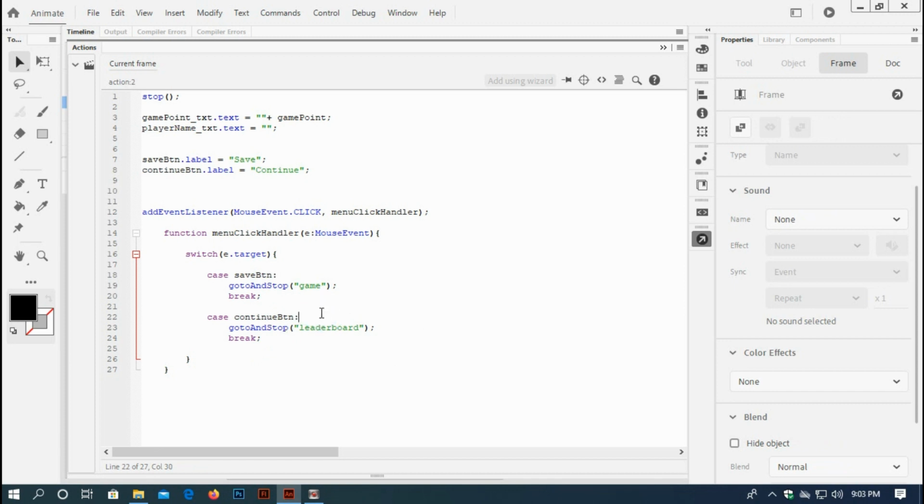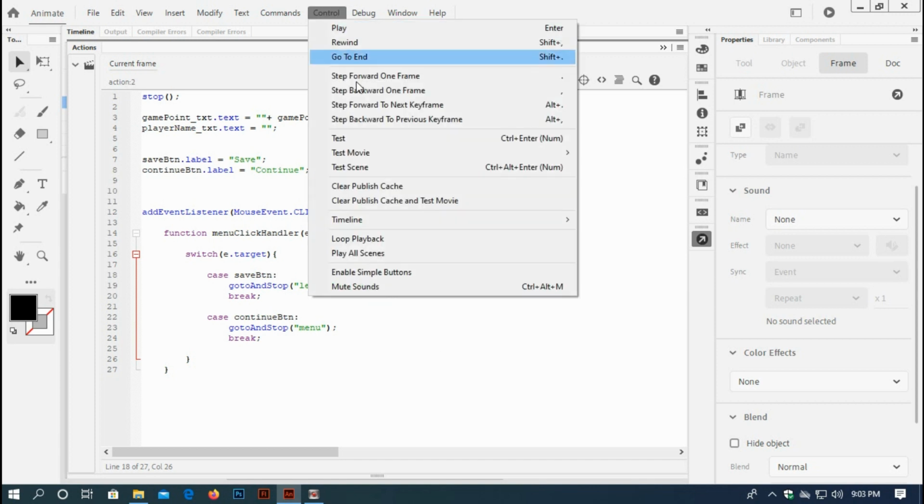Now when save button, it should be go to and stop, leaderboard frame level, and for continue button it should be go to the menu. Okay, if I test it now,